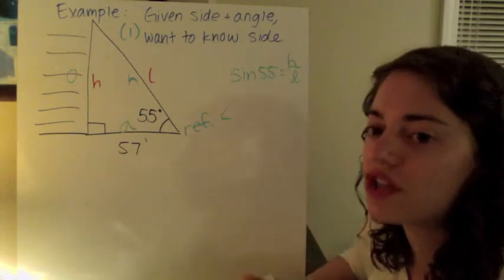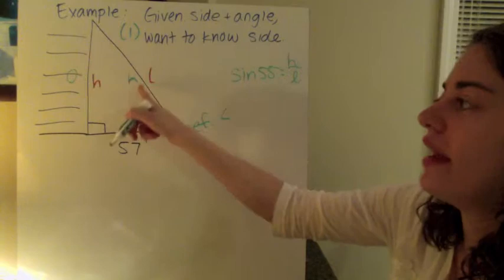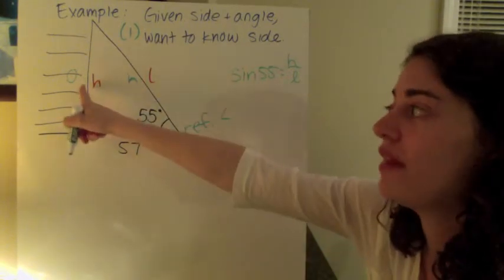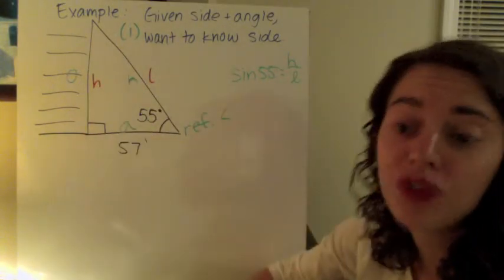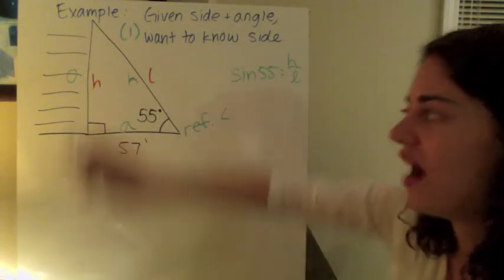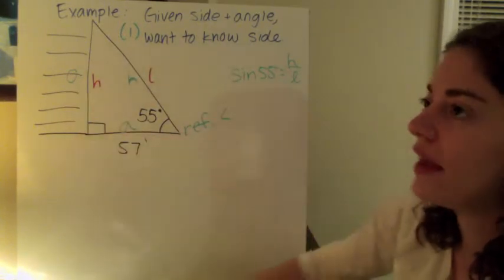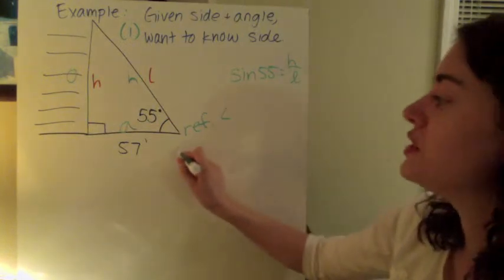We have SOH CAH TOA. Which one is not going to use opposite and hypotenuse? Because I only want one, and in fact, I only really want my opposite. I don't want to include my hypotenuse right now, because right now I'm trying to find the height of the building. I don't need to know this at all. So I definitely want to involve O and A. SOH CAH TOA. Okay, so let's use tangent